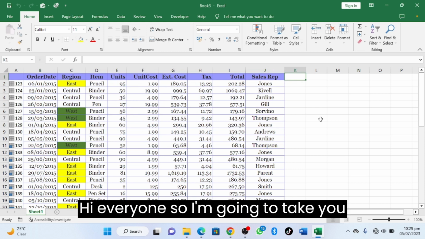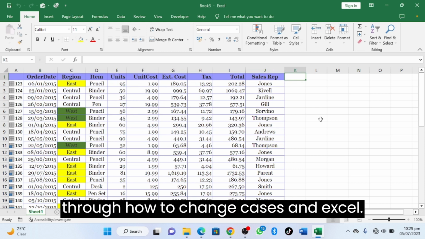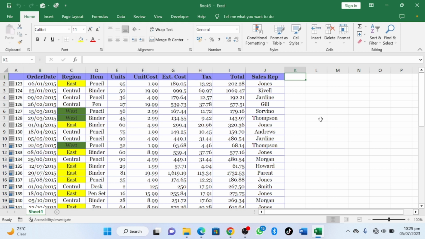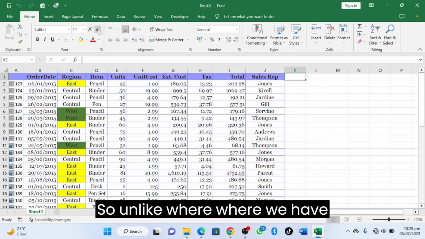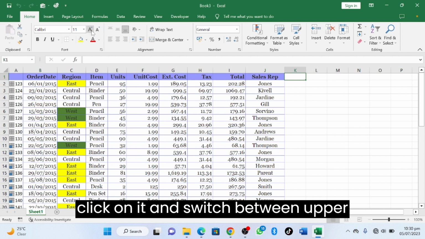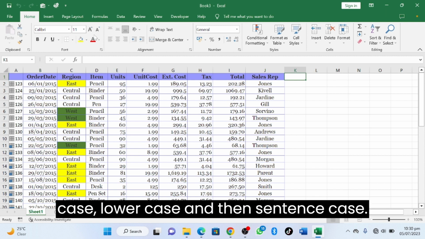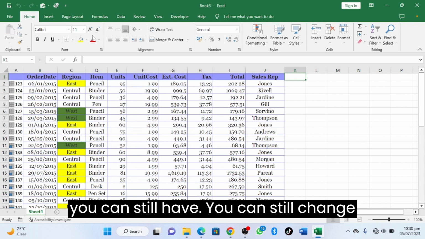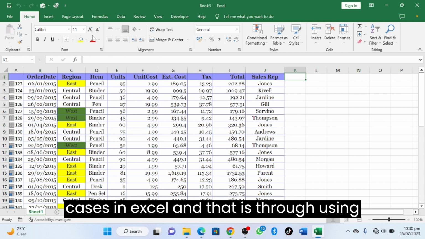Hi everyone. So I'm going to take you through how to change cases in Excel. Unlike Word, where we have the change case option here, where you can just click on it and switch between uppercase, lowercase, and sentence case, Excel does not have something like that, but you can still change cases in Excel, and that is through using